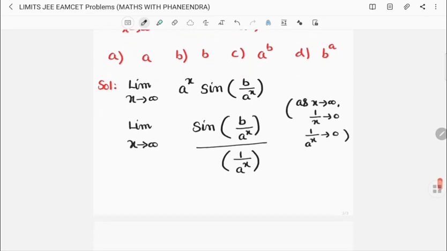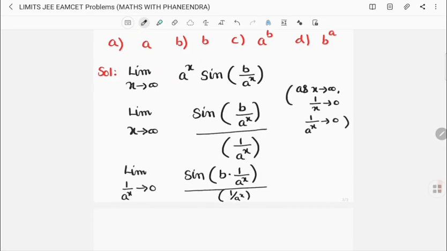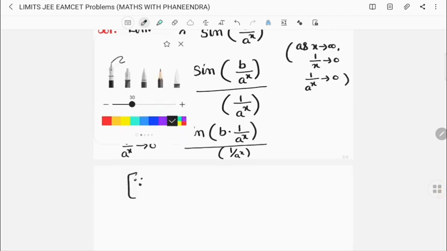So in the next step I am going to write: limit 1 by a power x tends to 0, sine of b into 1 by a power x, whole divided by 1 by a power x, which is in the form of the formula